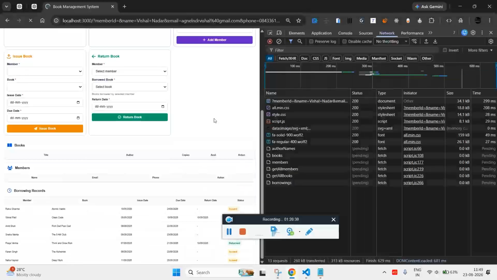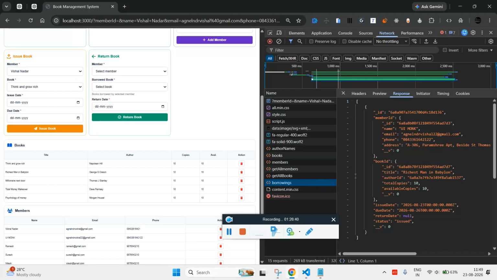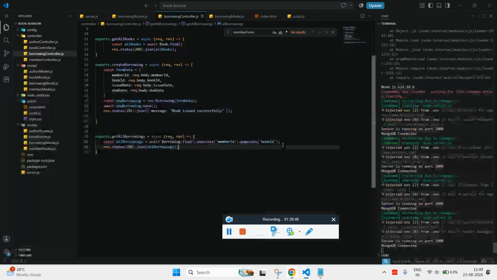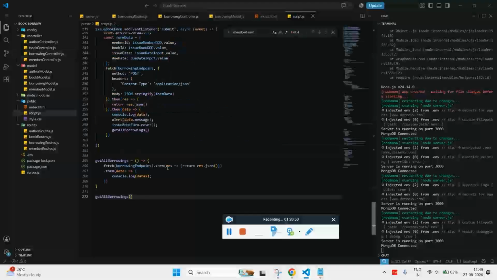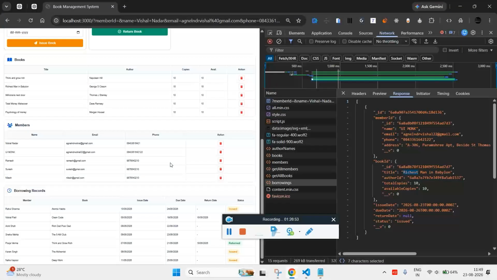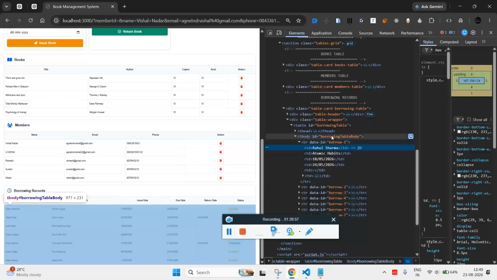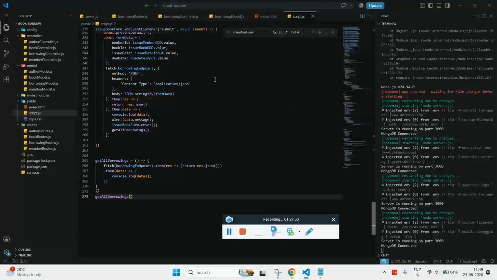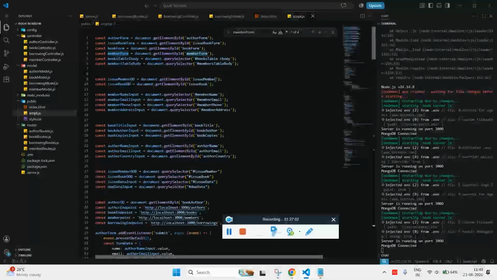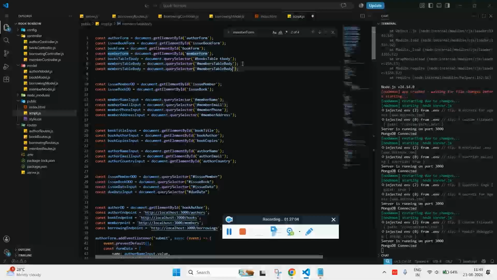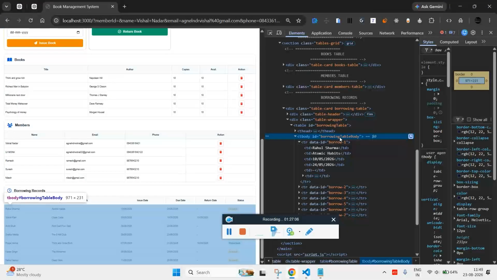Now if I do the same thing again, and if I click on borrowings, you see the member is now converted into member name. The book ID is now converted into title. So that is cool. Now we need to simply populate it. To populate it, we need to have this table row, let's call this table data, borrowing table body,